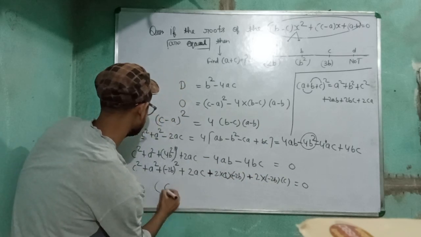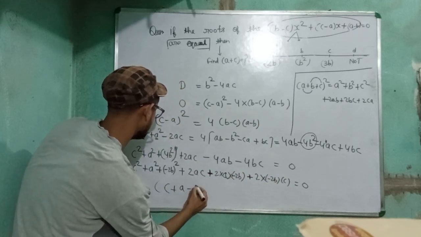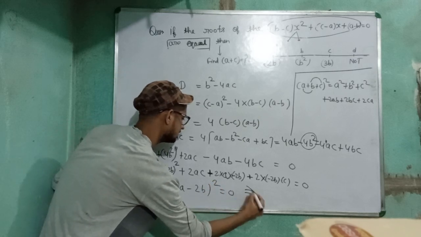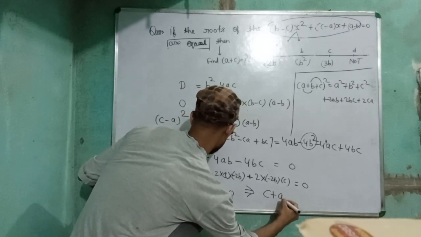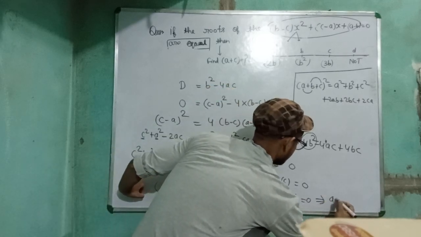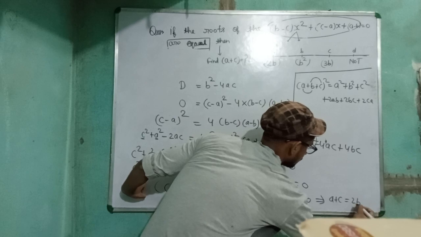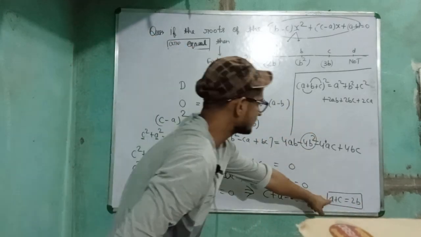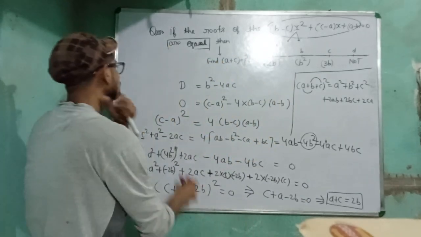You can write it like this: C plus A minus 2B whole square equal to 0. This implies C plus A minus 2B is equal to 0. This implies A plus C is equal to 2B. So you will get the answer like this, but you do not need to